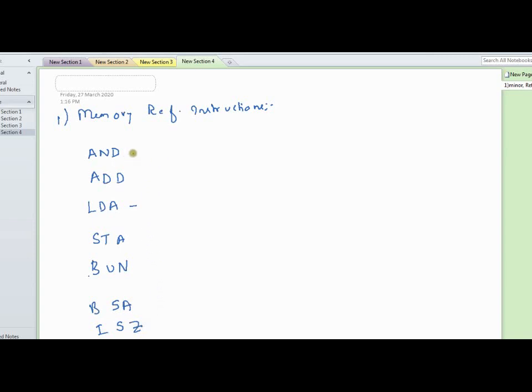These are some instructions, discussed just for the completeness of the instruction set.